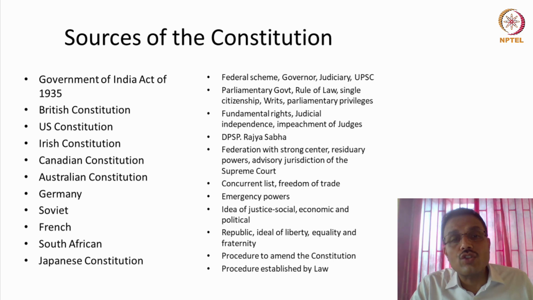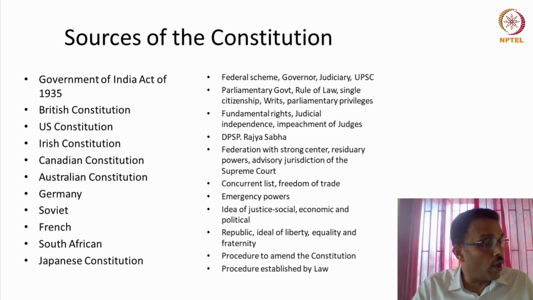So the idea of the Constituent Assembly itself arises in 1934. This is something that a lot of people don't realize and understand. They think that the Constituent Assembly idea came about in 1947 and in 48 everything was completed. It is not true. I think the first idea was given by Sri M.N. Roy in 1934. He said that we need a Constituent Assembly to officially frame the Indian Constitution.